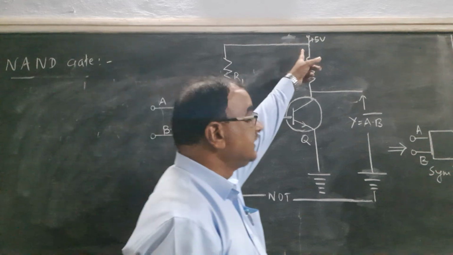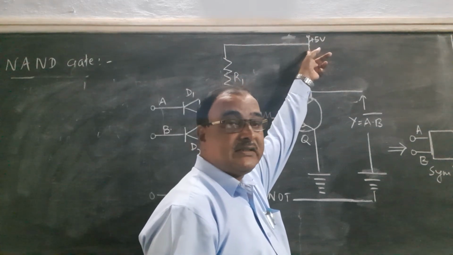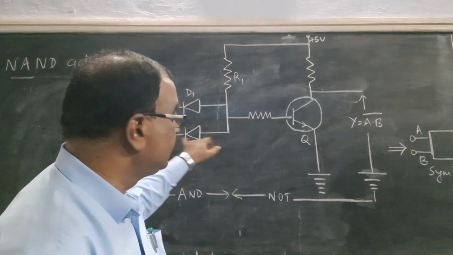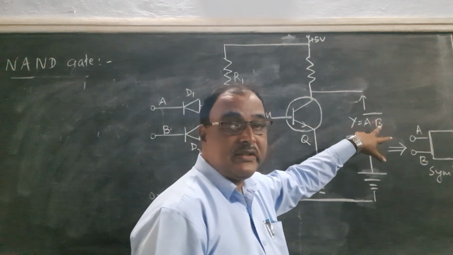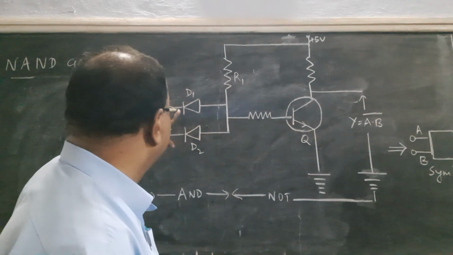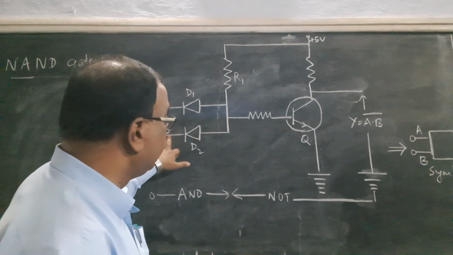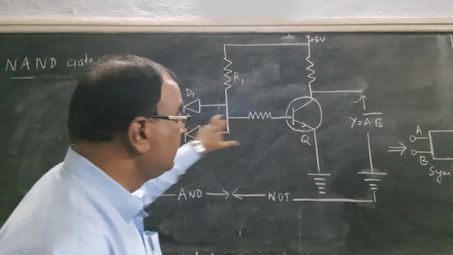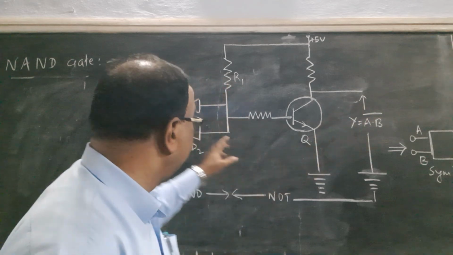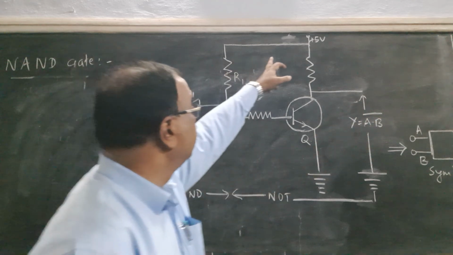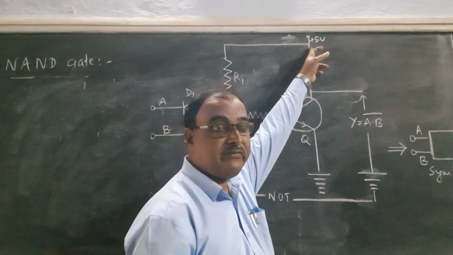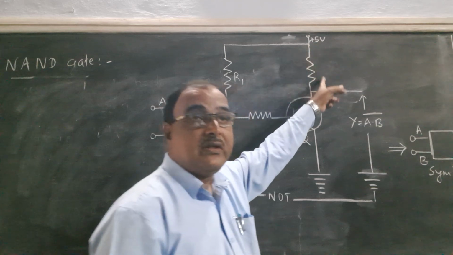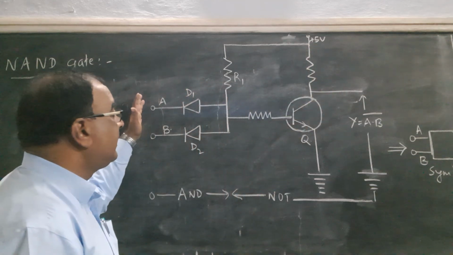So working: whenever the input is low, that means when you are not connecting these two points to the supply voltage, it becomes 0 0. In case of 0 0, the output is high. Output gives 5 volt, and when this is 0 and this is 1, then also the output is high, and when this is 1 and this is 0, the output is high. And when both are 1 1, that means when you make contact with this point, the VCC supply, you are giving a voltage of 5 volt to the diode.